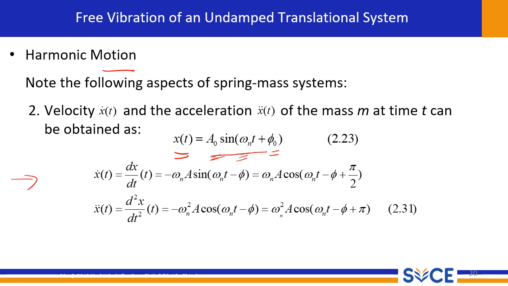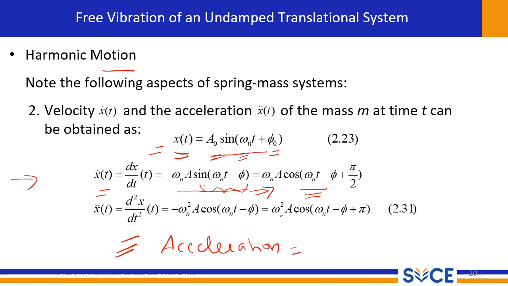To find the velocity, which is the derivative of x of t, we differentiate x of t with respect to t. The derivative of this will provide you this equation. Therefore, velocity can be represented mathematically in terms of cosine. We differentiate once again the velocity with respect to time. Therefore, we will get the acceleration, which is represented as minus omega squared A cos of omega t plus phi,